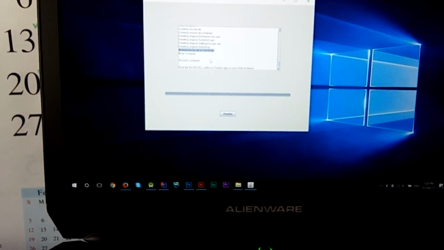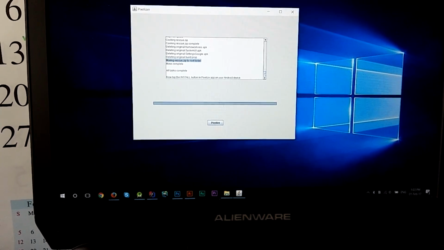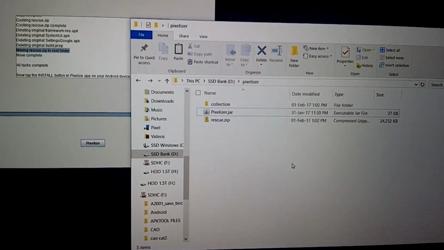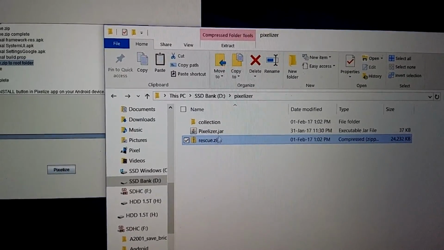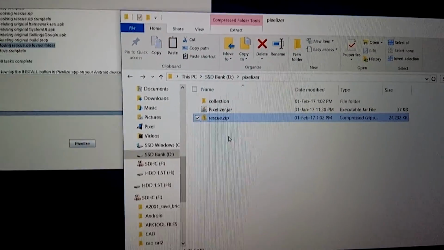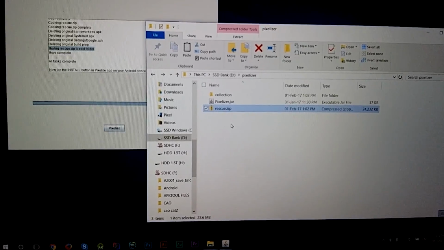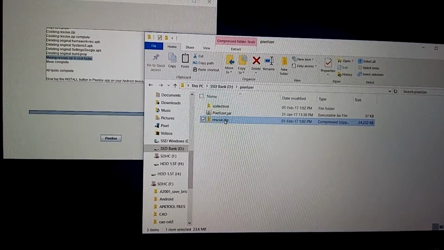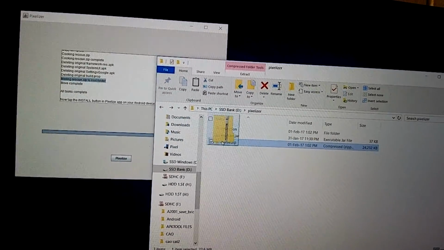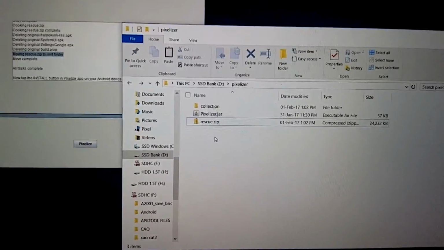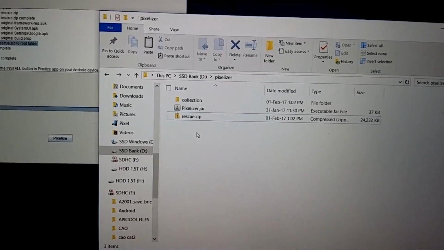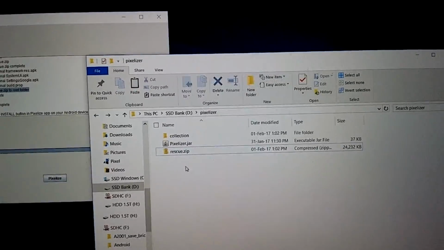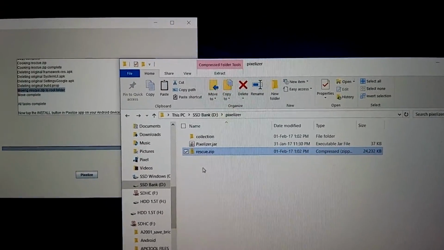Now where do you find the rescue zip? Let's go over to the folder where we had extracted Pixelize. There we are. Take a look at the rescue zip over here. This zip contains your current system config, when it was not pixelized. In case you want to revert back, you could just copy the zip onto your phone by dragging and dropping it over here, and you could use your custom recovery, preferably TWRP, and flash this back. So after this step, in case you don't like the Pixel UI, you can keep the rescue zip at hand and flash it back.